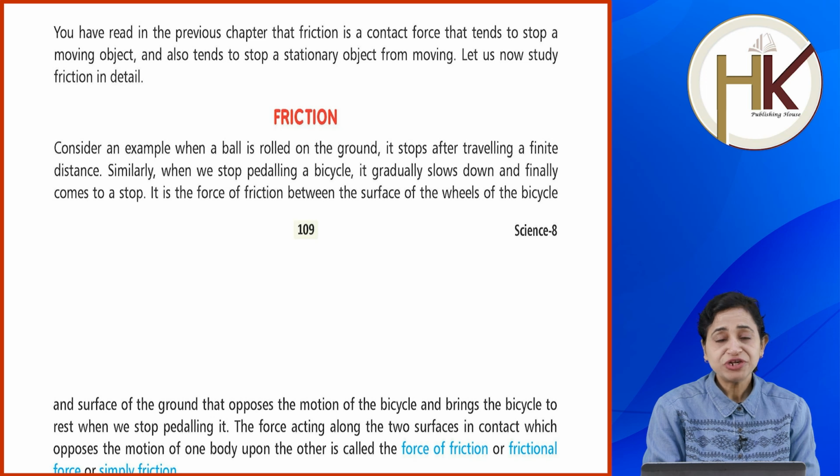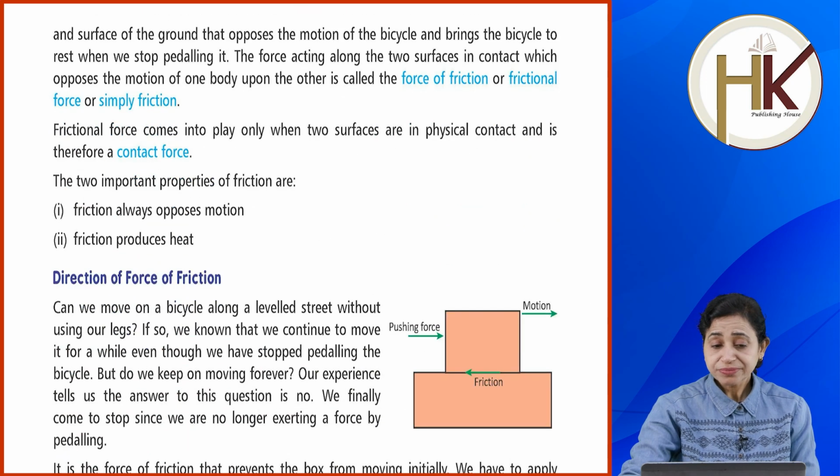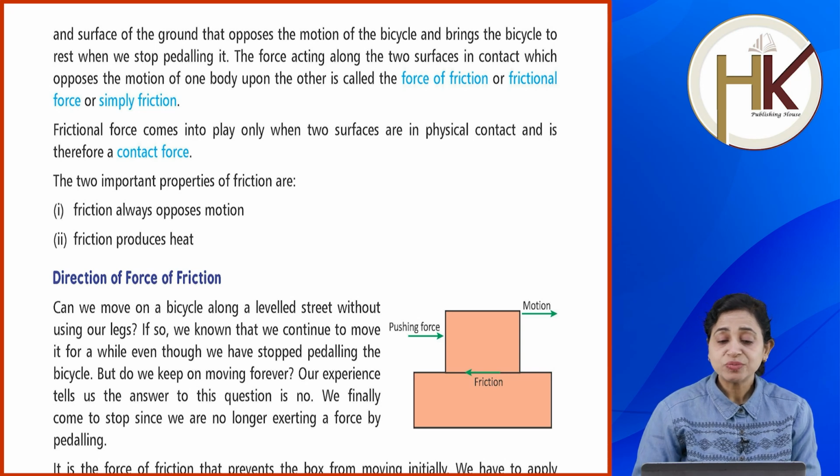Let us now study friction in detail. Consider as an example a ball rolled on the ground. It stops after traveling a finite distance. Similarly, when we stop pedaling a bicycle, it gradually slows down and finally comes to a stop. It is the force of friction between the surface of the wheels of the bicycle and the surface of the ground that opposes the motion of the bicycle and brings it to rest when we stop